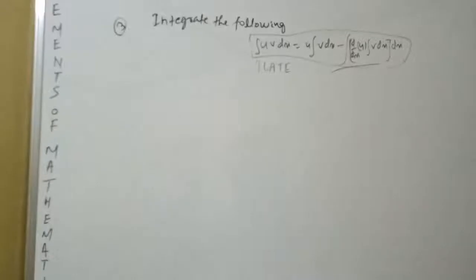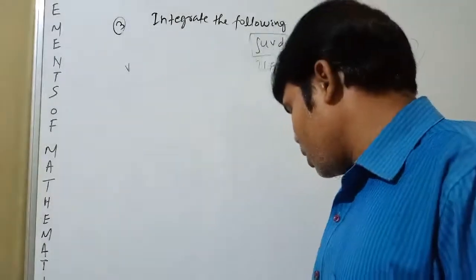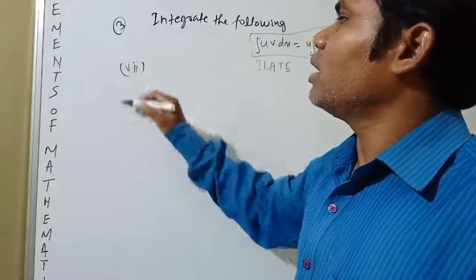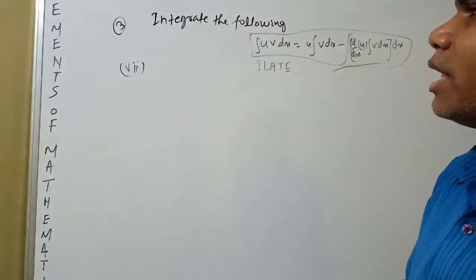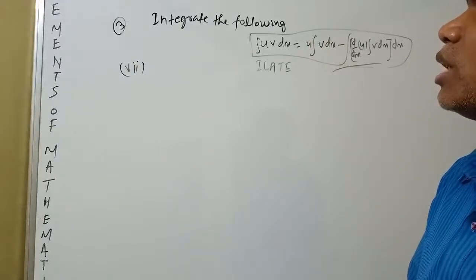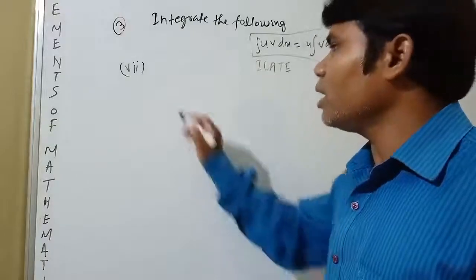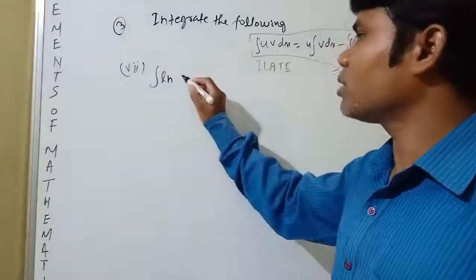Let's see the next question. Question number 7, Elements of Mathematics, Exercise 9E, Question number 3, part 7. The question is: integration of ln(x + root over x square plus a square)